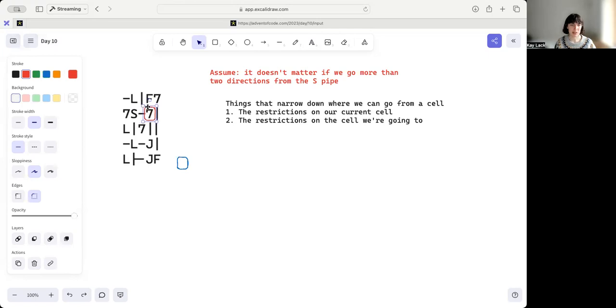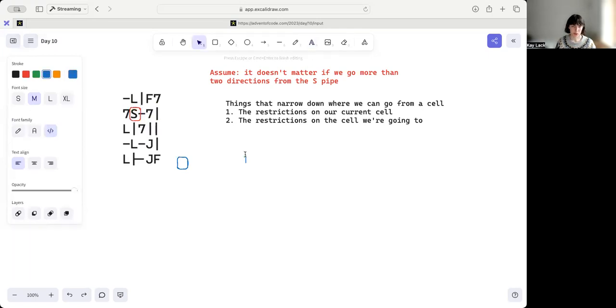And because we're entering this from the left, we're definitely going to go down. Because we're entering this from the top, we're definitely going to go down. Although if this was a different cell, we'd go somewhere else. So the function to get the next cell